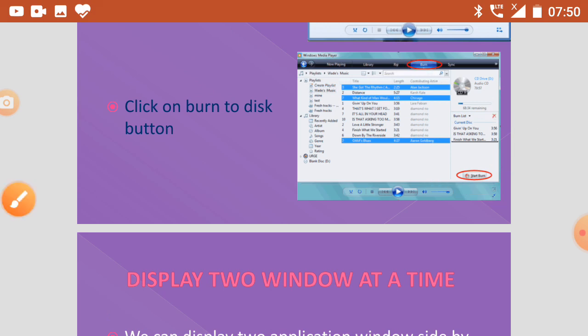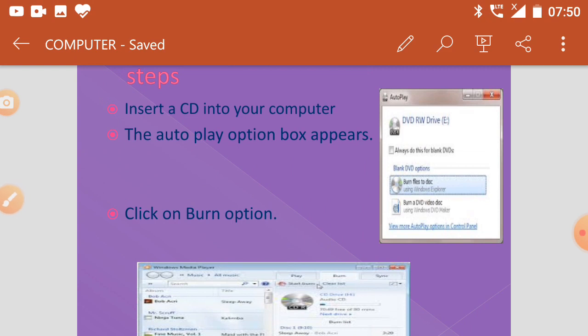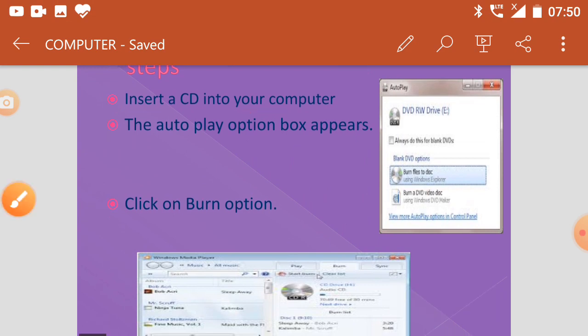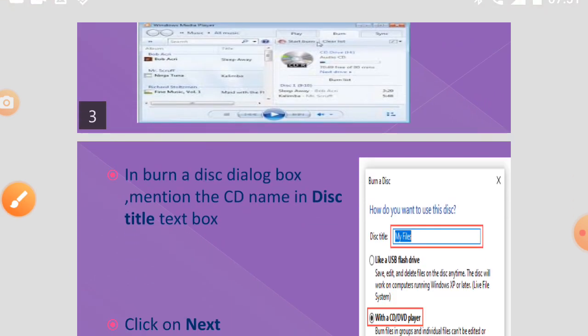Again recall these steps. First step is to insert your CD. When you insert your CD and open the dialog box, this type of dialog box will open. You have to click on burn. And again a dialog box will open.